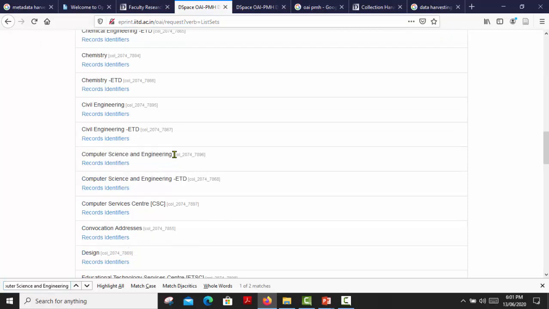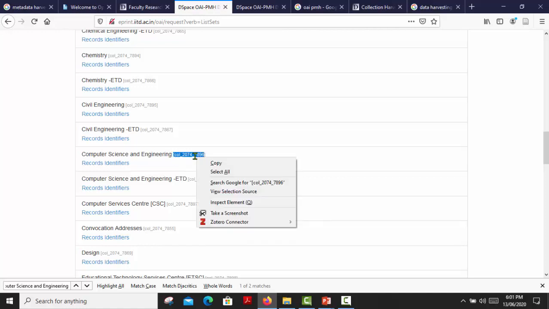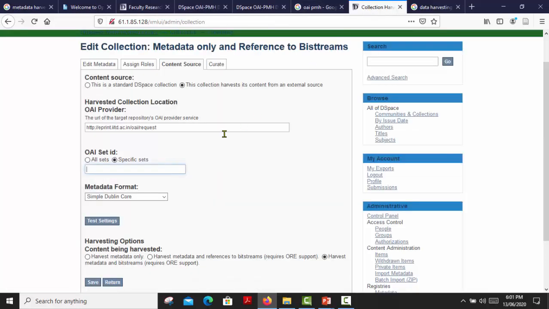Here is the ID of that collection in the square bracket, column underscore 2074 7896. I'm just copying that number, column. I'm not copying that bracket. Okay, and I have to put it here.